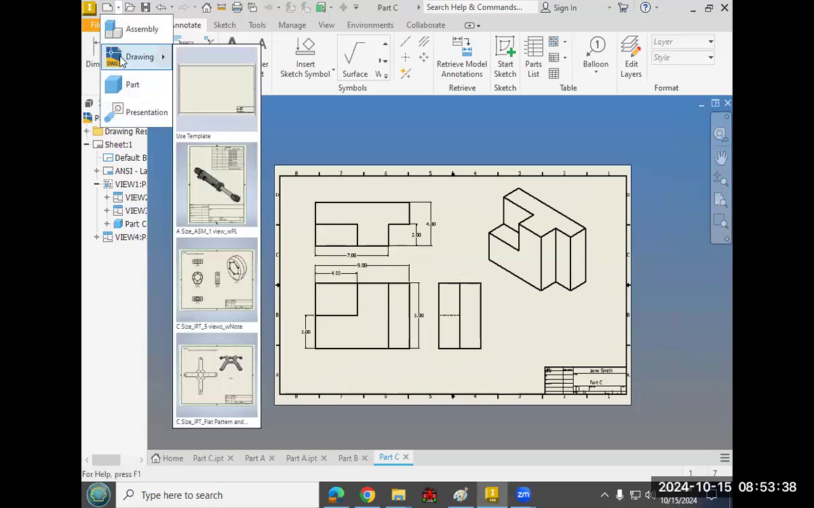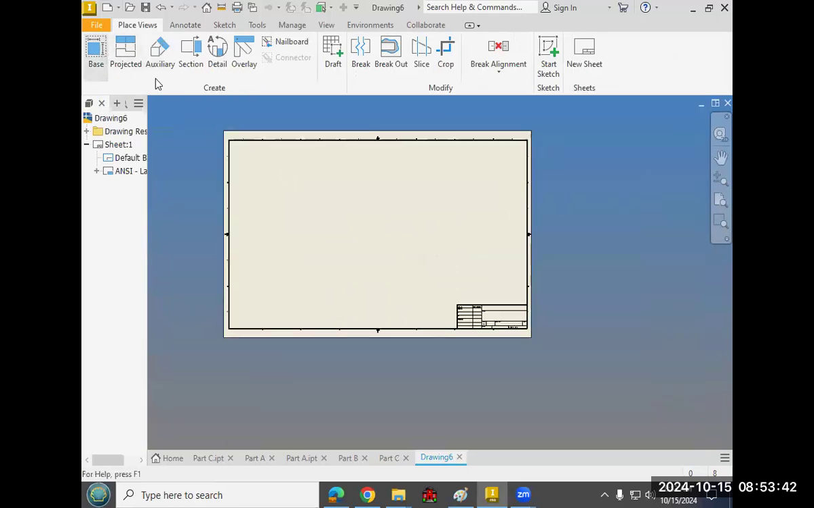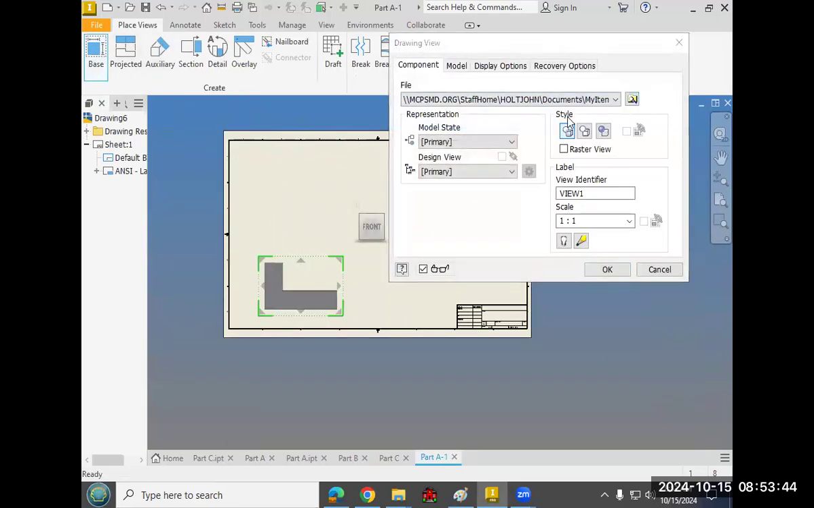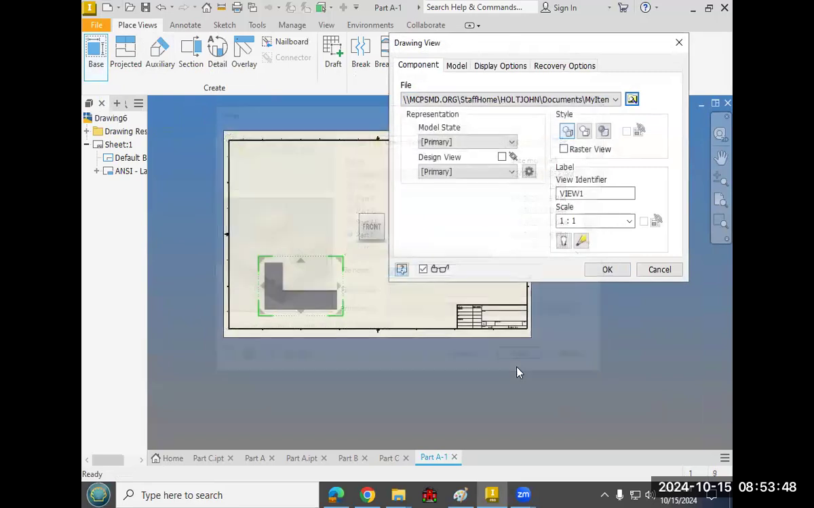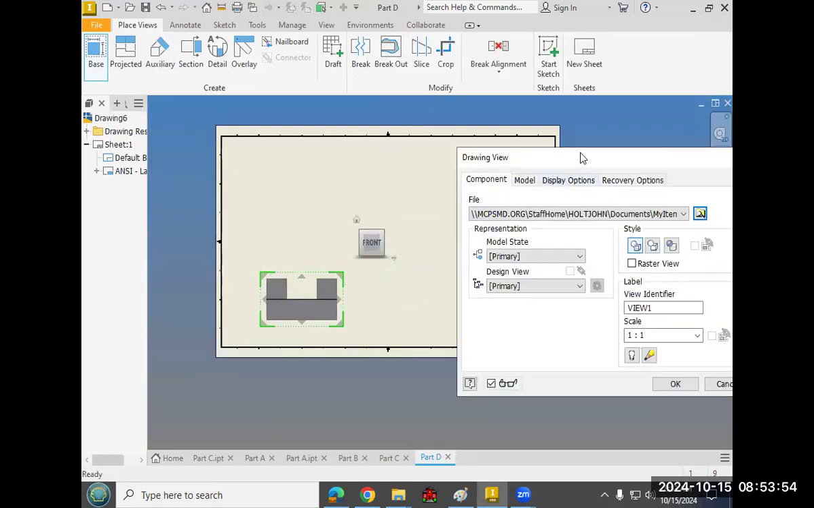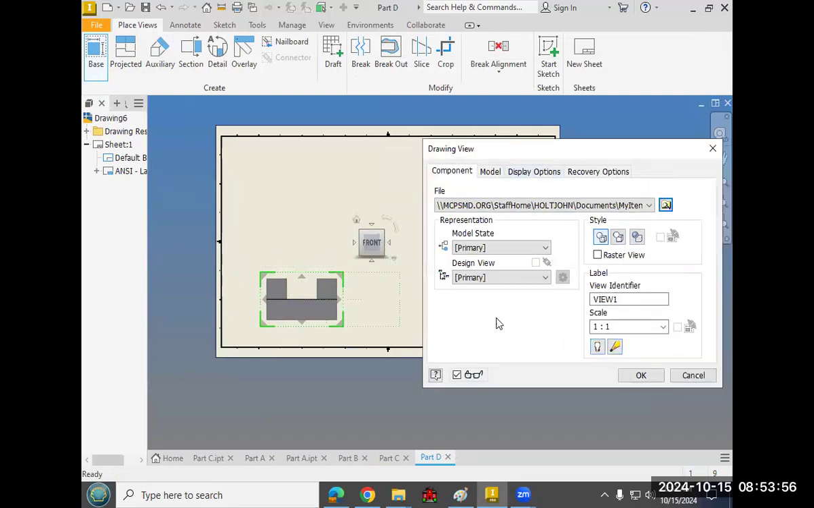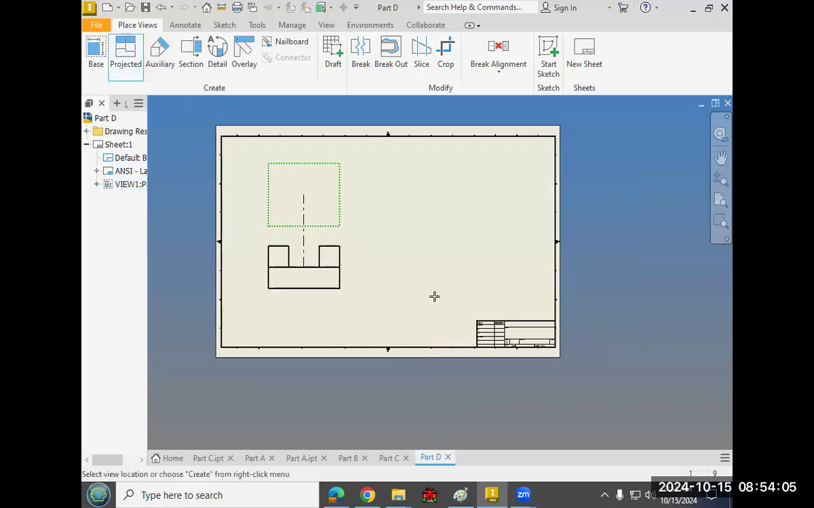Okay, so last one for today is going to be the part D. And let's just go through it. Part D. And this one, could it be a little bigger? I don't know. 1-to-1 scale seems to be working fine for the green sheet parts. So let's do a projected view of this, there,